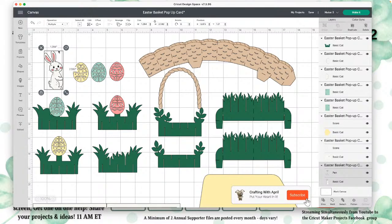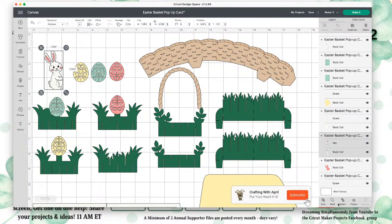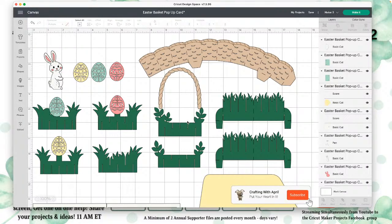But you want to come in here. This is all detached or ungrouped. You want to click on the bunny. And if you look here, the pin is attached. In order to do what I'm doing, you have to detach that pin. Or, unless they fixed it, your print then cut will cut off to the side, something like that. If you try to flatten a pin, it will not work. It'll spit your mat back out. It does just all sorts of weird